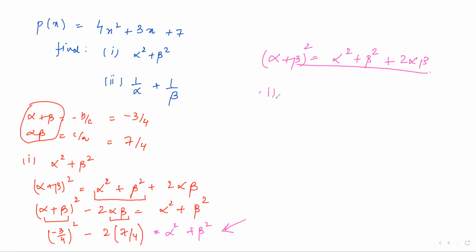Now, second part, you have to find 1 upon alpha plus 1 upon beta. See, alpha and beta individually, you don't know. You don't know what is alpha, you don't know what is beta. You know only alpha plus beta and alpha beta. So you have to convert everything into this. So what we will do is we will take LCM. So alpha, alpha